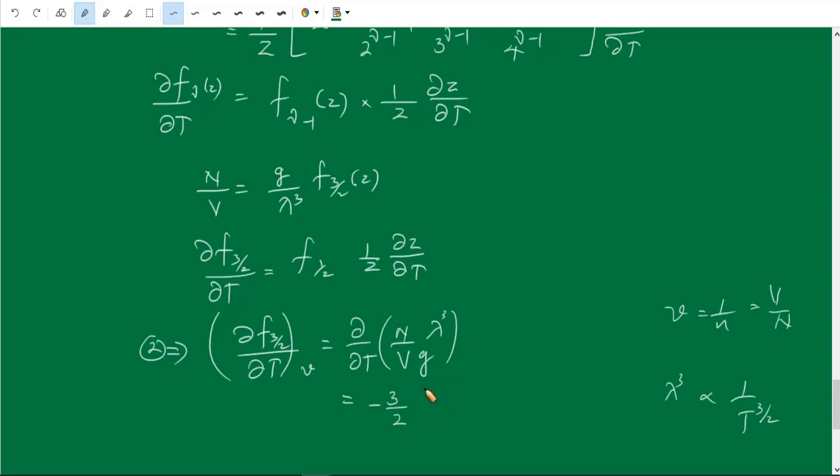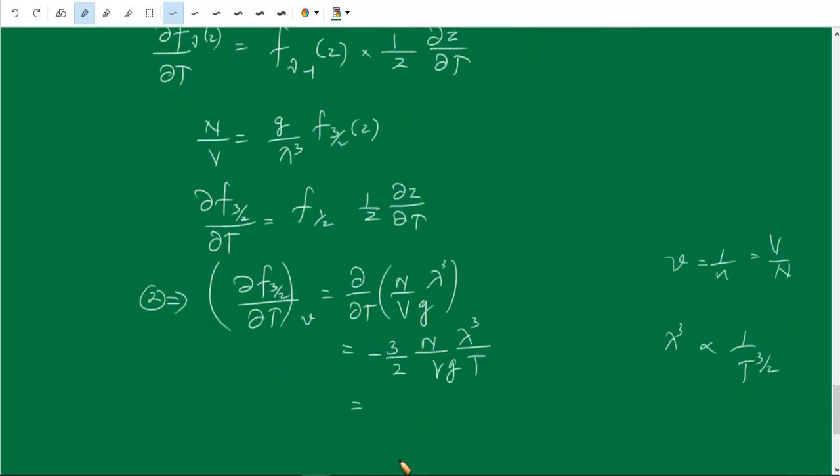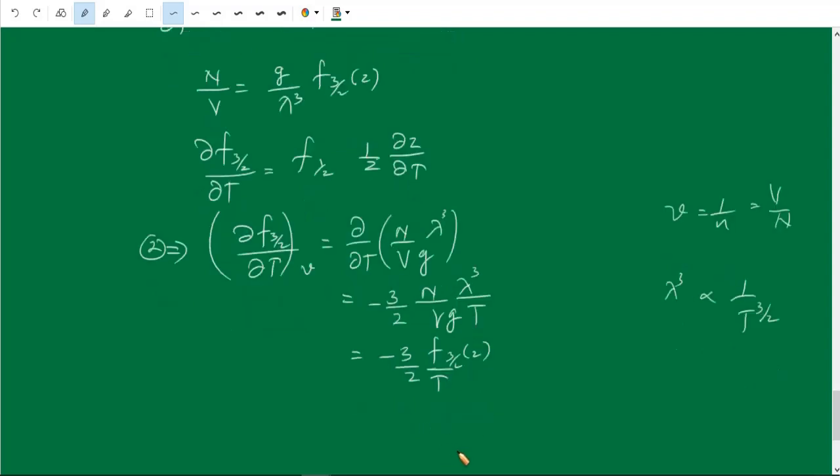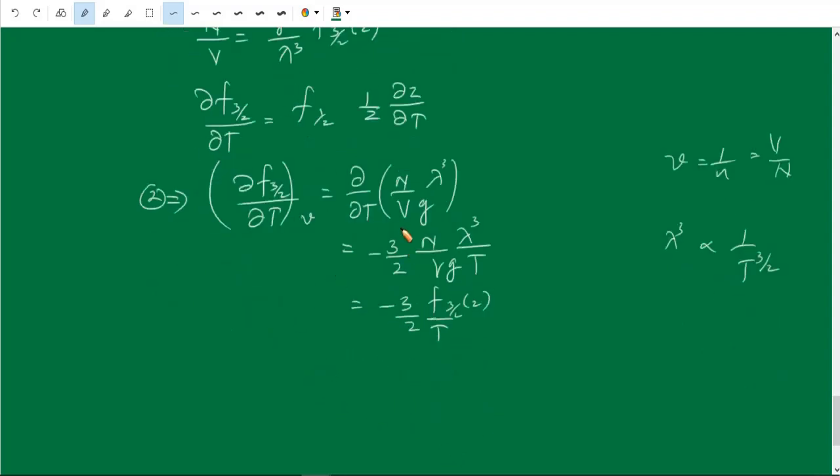So this will be (n/v) g λ³ divided by T. Okay, so this can be written as −3/2 f_(3/2)(z) divided by T. Okay, so we have expression for ∂f_(3/2)/∂t